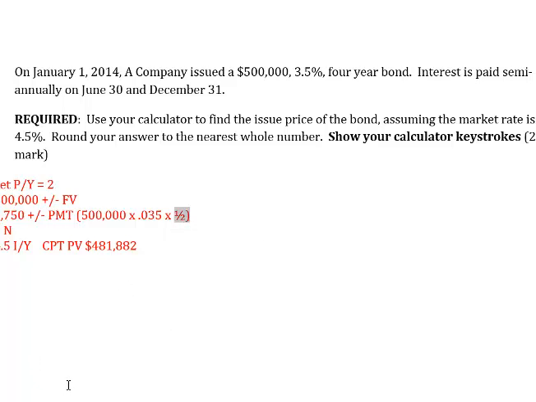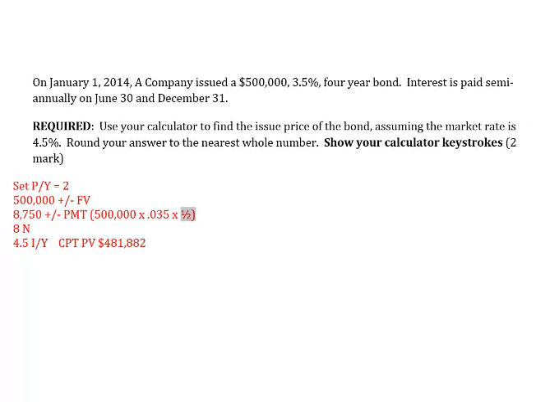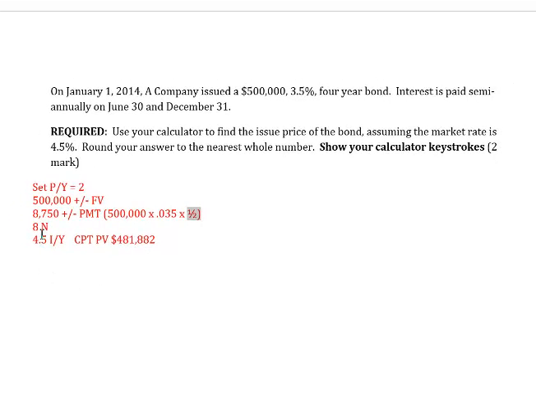All right, and then what we have here is N is equal to 8. N is the number of interest payments that will be made over the term of the bond, and we know that's 8 payments. And again, for our market rate, I/Y, which is interest per year, we're going to use 4.5%. That's our market rate. So when you're doing your present value calculations, you have to use the market rate of interest here, but to calculate the payment, you're always going to use your coupon rate. If we did a compute PV, we're going to get